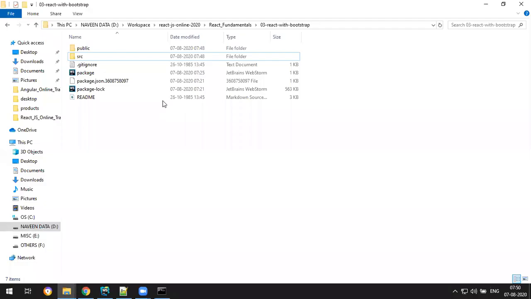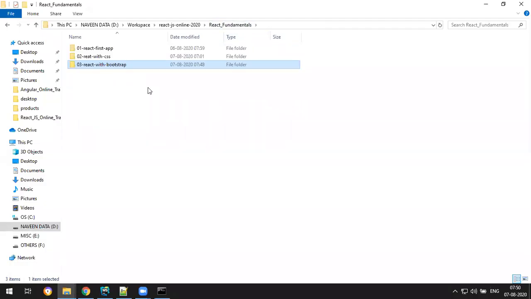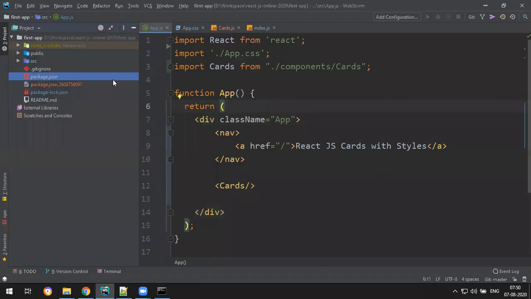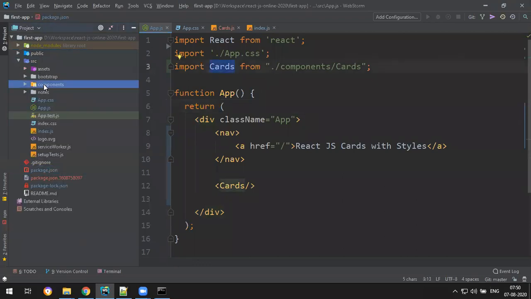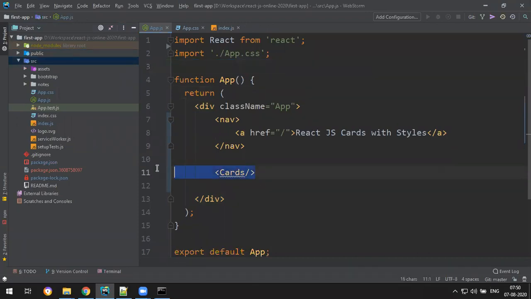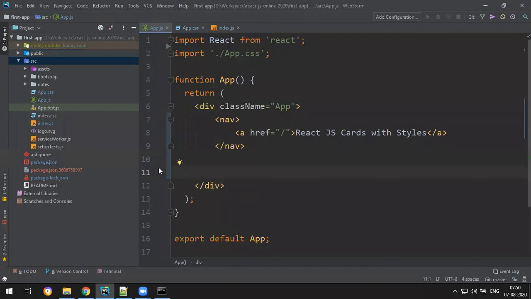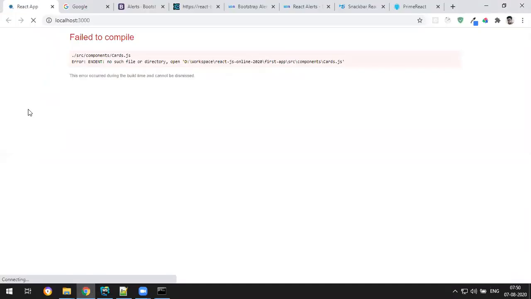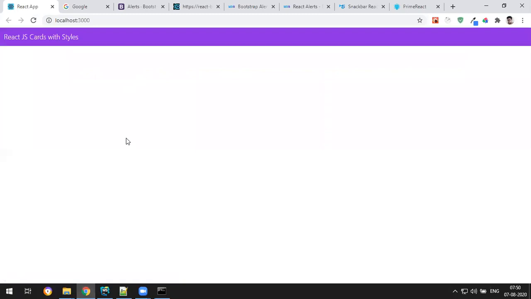Next, yeah, I have taken a backup. So once you take a backup, the same project will continue with the project or website. So I have to remove something now. I don't need this cards. So let me delete this components folder. We'll create from the scratch now, and the cards not required. This is also not required. So now it's completely empty. Yeah. So now let's create a nice website.